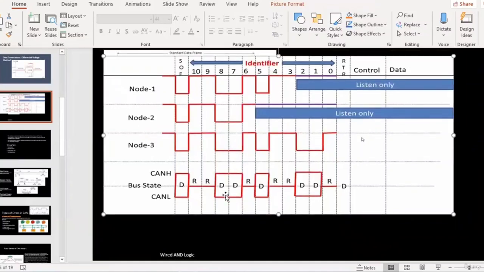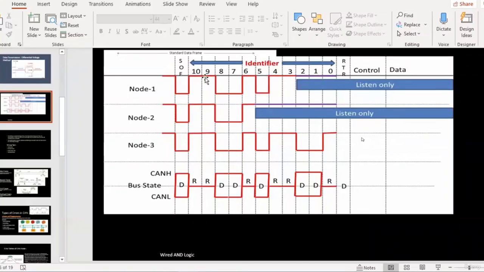So now here I am showing you an example in which there are node 1, 2 and 3 which are having an 11-bit identifier, and each of these has different identifiers or message IDs which node 1, 2 and 3 are transmitting. What these red lines are signifying is basically an 11-bit representation of the identifier number.